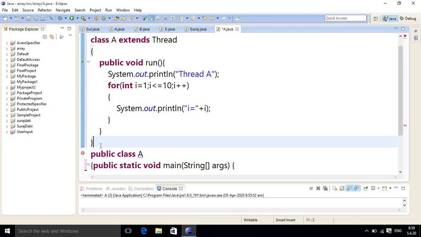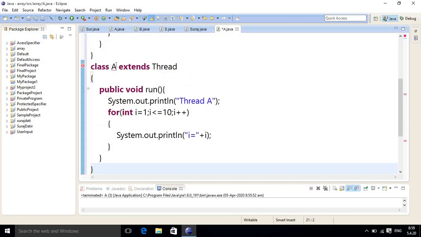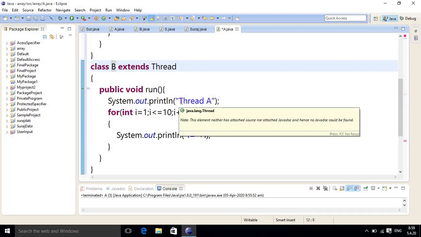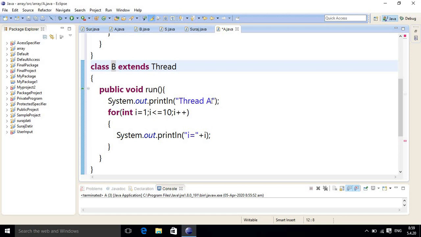So I just copy this code, and here I will simply write B. Our code will be changing here, and in place of i I will use the j iterator so that we can easily understand the output. So here I have done the changes in the program.